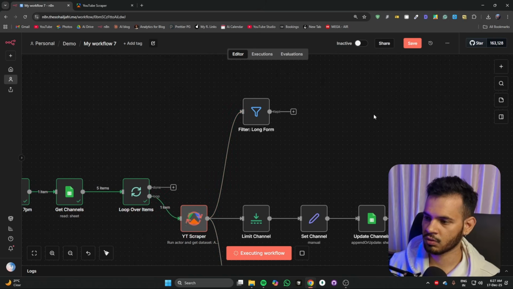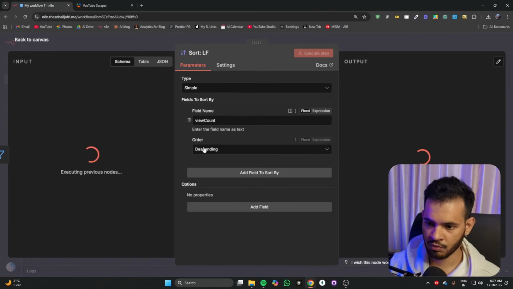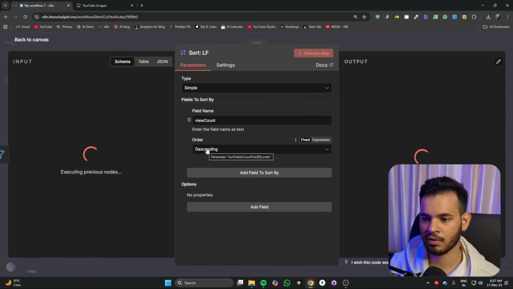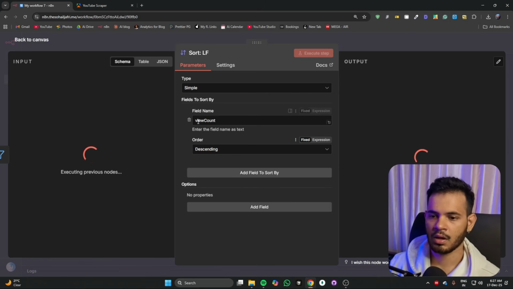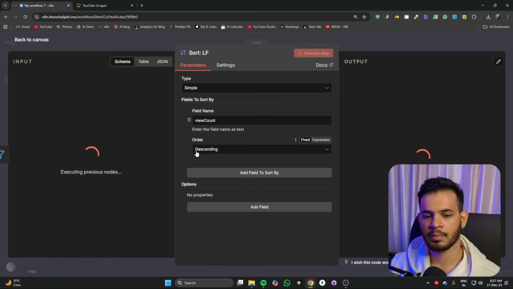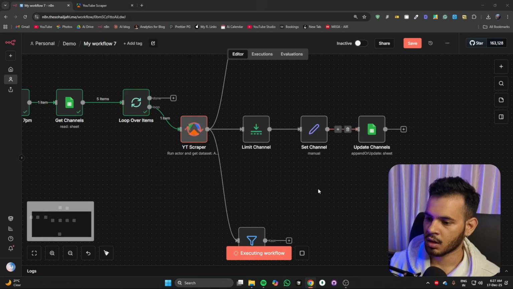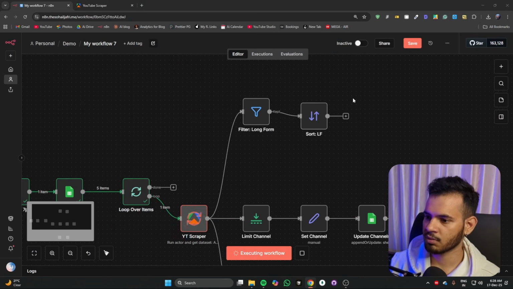Then we are going to sort video based on the view count. So based on view count, LF means long form. View count descending, make sure to mark it as descending, because more often than not when I'm working with any client project or my personal project, I forget to change this order to descending. By default it is ascending, but mostly you are working with a scenario where you want the bigger or higher quantity value upwards. Okay, then I'm going to sort my short form content as well based on the view count itself. Then I'm going to limit some of the videos.